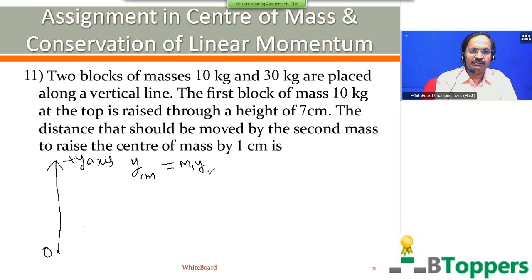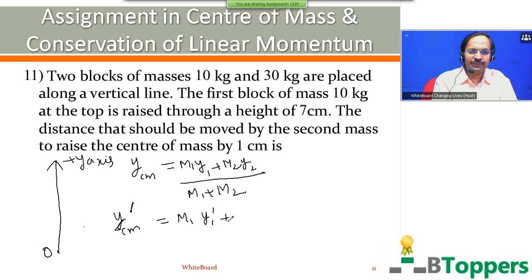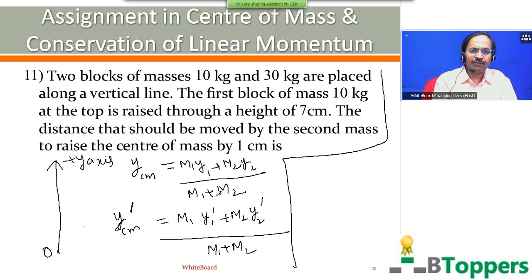in the first case we can write ycm equal to m1 y1 plus m2 y2 by m1 plus m2. The vertical height of the center of mass above the origin O in the second case I denote by ycm dash equal to m1 y1 dash plus m2 y2 dash by m1 plus m2. If you subtract the first equation from the second equation,